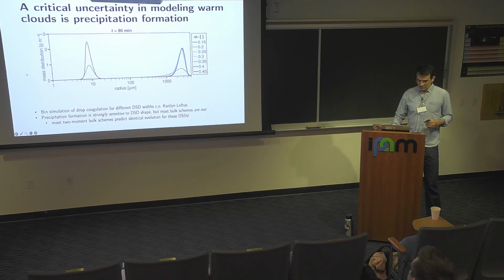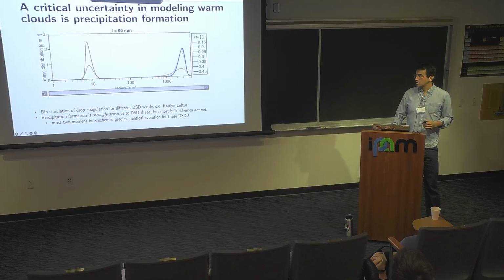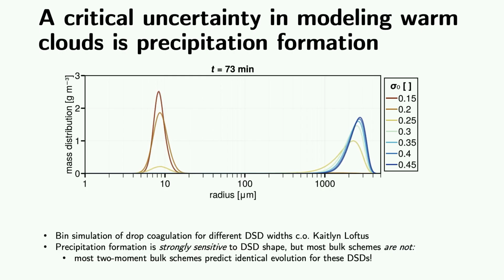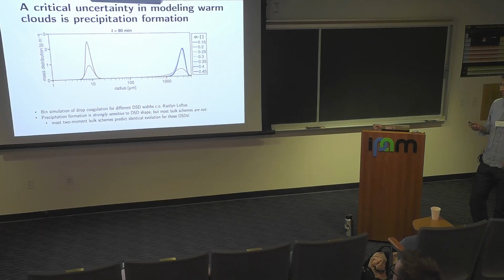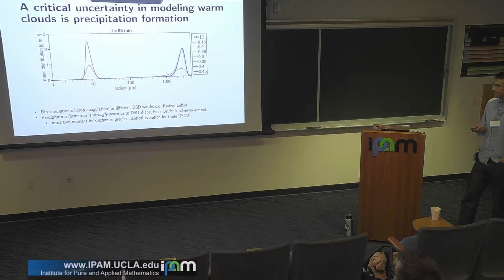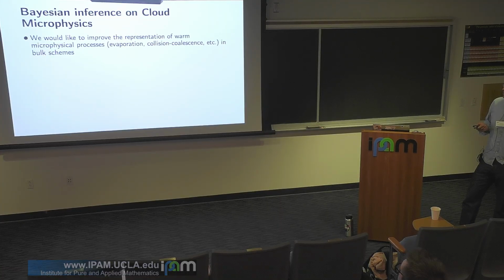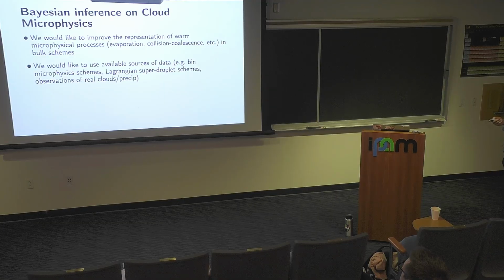All of these distributions would actually have identical evolution in most models, right? So most models don't see any difference between these distributions. They'd evolve them in the exact same way. And obviously, it makes a big difference, right? So there's a lot that we're not capturing with the models that we have. And there's a lot of sensitivity there, right? You can see that a lot of them are pretty similar, but you get very rapidly different evolution.